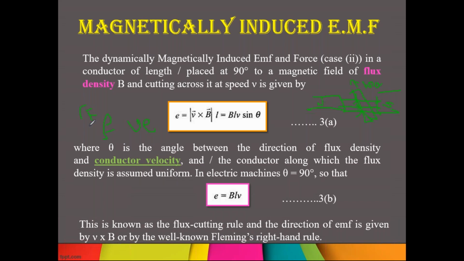So one is force. The thumb finger indicates the direction of motion, the direction of force. So the force should be in this direction, upwards, and the field is in this direction, indicated by the forefinger, and the induced EMF in this direction. If you fold the 3 fingers in this direction, then the thumb finger is the indication of force, the forefinger is the indication of field, and the middle finger is the indication of induced EMF. These 3 parameters' directions are given by Fleming's right hand rule.